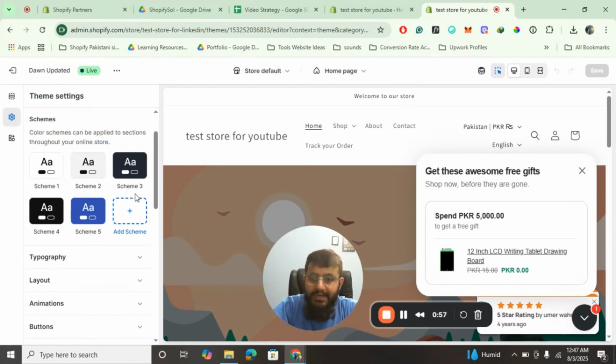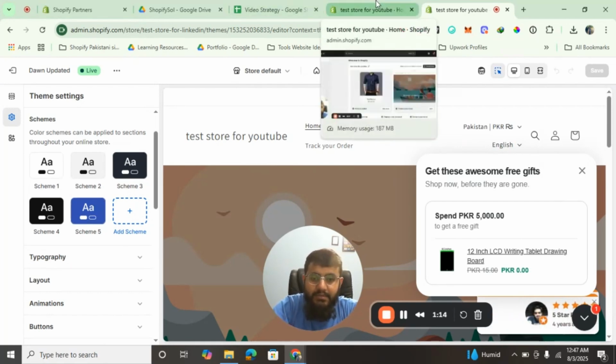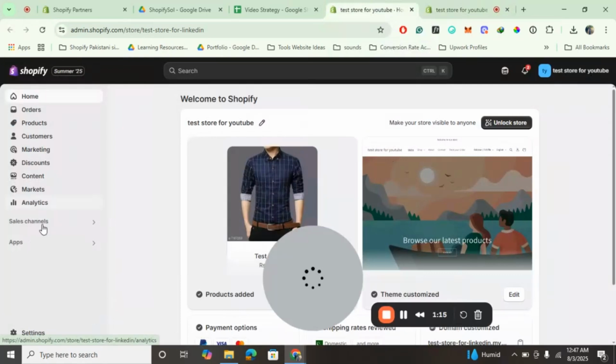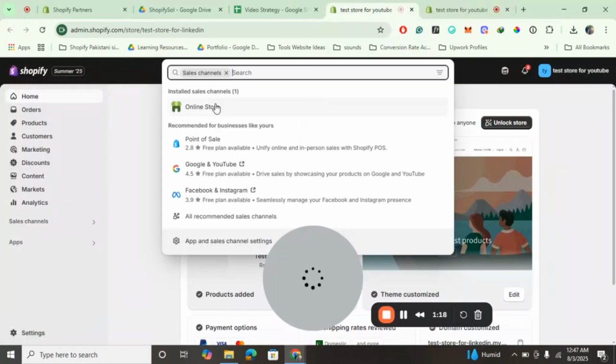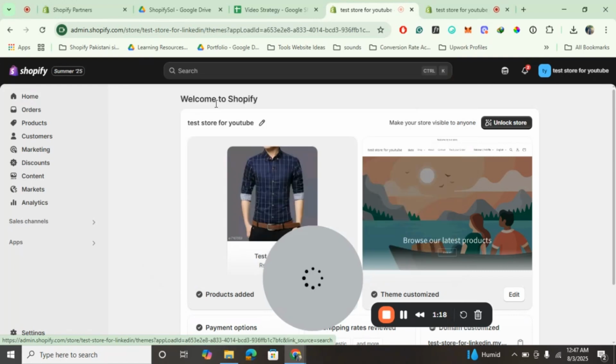So if you want to delete the color scheme, there is no option in the theme customization. You just have to go into the theme code and adjust a little settings, and you can easily remove that stuff. And again, if you want to remove the distraction, I would recommend you delete the extra color schemes. So this is my online store and I want to go into the coding, so